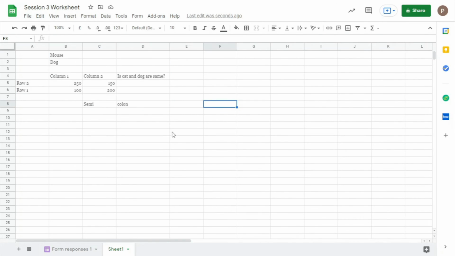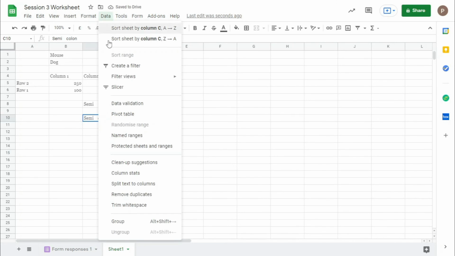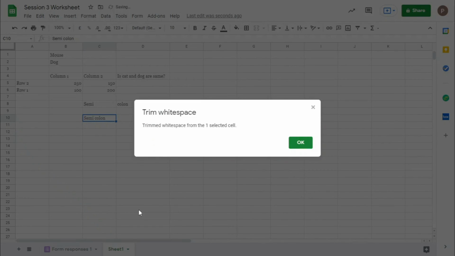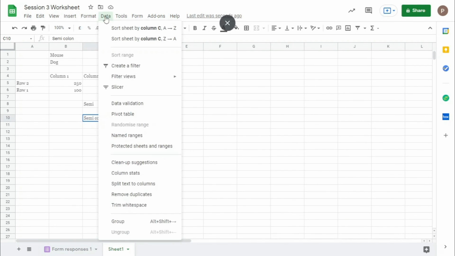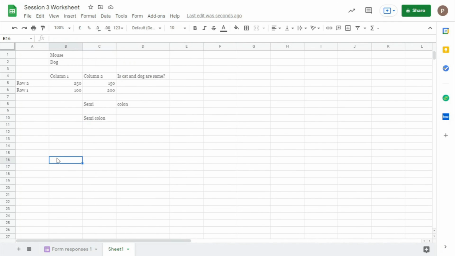See, if there is a column and in this column there is a semicolon, and if you give more white space, select this cell, go to data, and click trim white space, it trims the white space and makes it a single space between both the words. So whenever you make a mistake, you don't need to edit and delete all the spaces, you can directly do this.